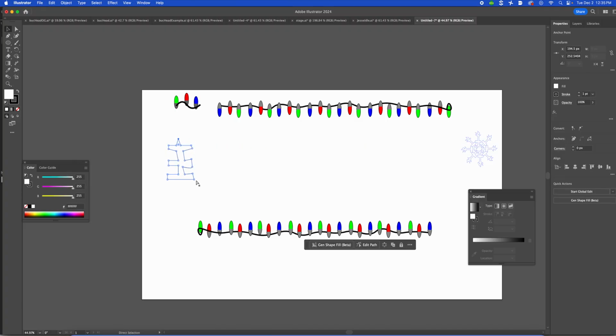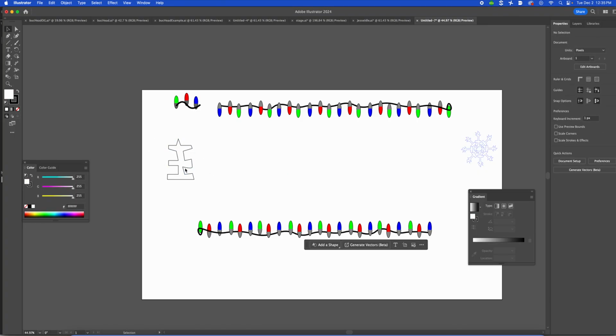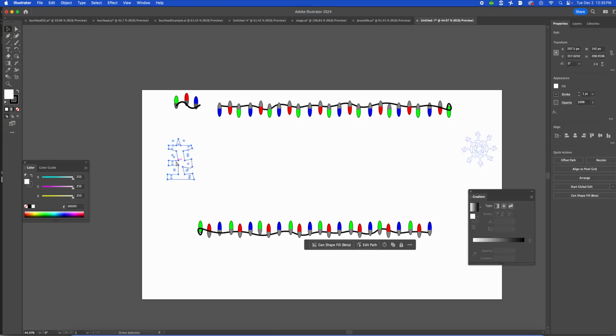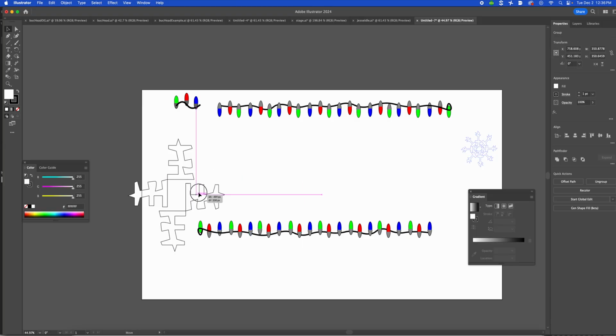So I go Command C, Command V, whoops, wrong tool, slow down, black arrow, copy, Command C, Command V, hold Shift to rotate it perfectly, and then when they're like this, you can now group them together, Command G. So if I copy and paste now, I have those 2, and then I could just rotate them all the way like that, put them together,